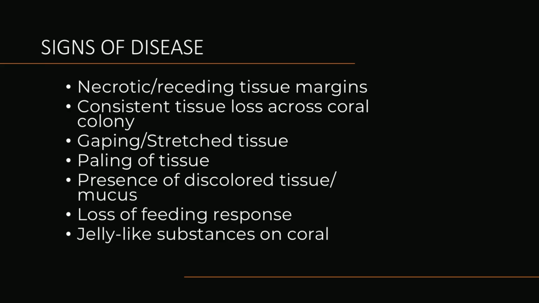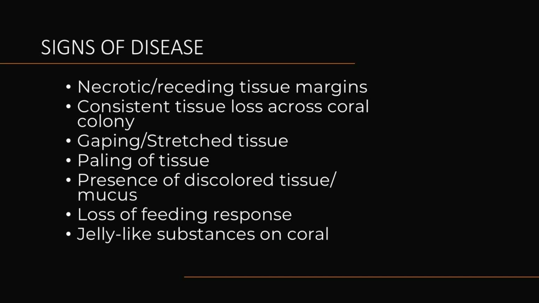Signs of disease, so this is going to be bacterial, viral, fungal infections, are going to be things like necrotic or receding tissue margins, consistent tissue loss across the coral colony as a whole. So you'll see a line of tissue potentially receding. You might see gaping or stretched tissue where you're just seeing skeleton underneath through. Paling of tissue across the entire coral, or even just spots of paling tissue, discoloration, production of mucus, loss of